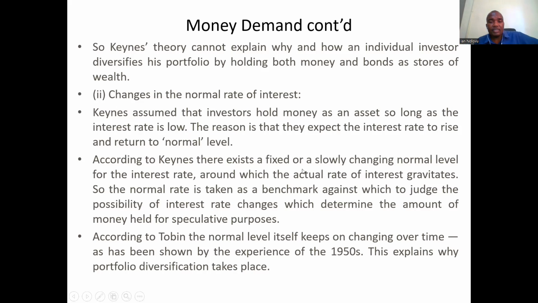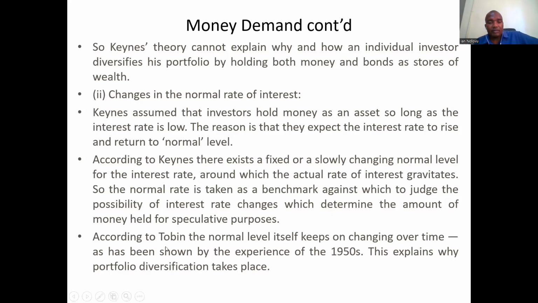According to Keynes, there exists a fixed or a slowly changing normal level for the interest rate around which the actual rate of interest gravitates. So there is this issue about the normal rate, which is taken as a benchmark against which to judge the possibility of the interest rate changing either upwards or downwards to determine the level of money holdings held for speculative